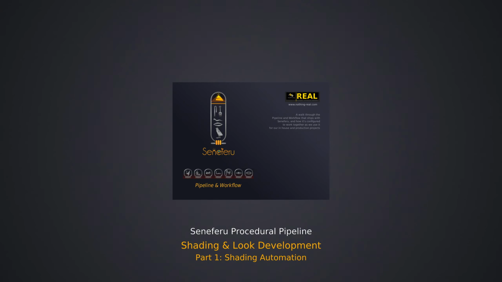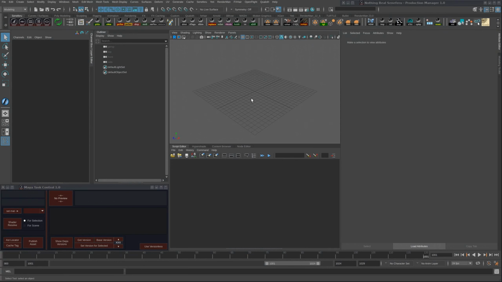Shading and look dev in Seneferu's procedural pipeline. The shading and look development in the Seneferu pipeline is proposed to go as using a shader library for the whole project. The way that a shader of a specific type will be assigned to all the objects of this type, and the texture will be resolved in render time based on the texture that is published